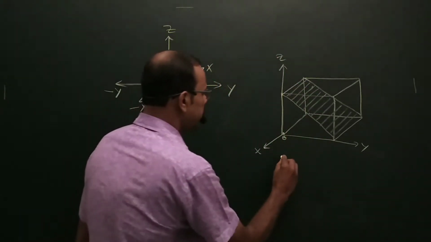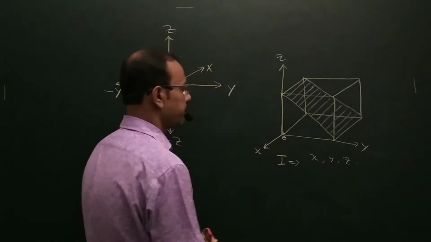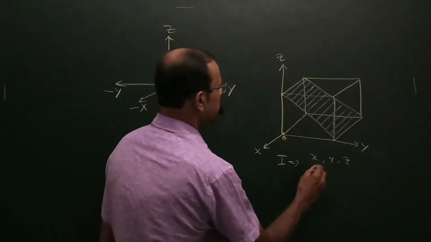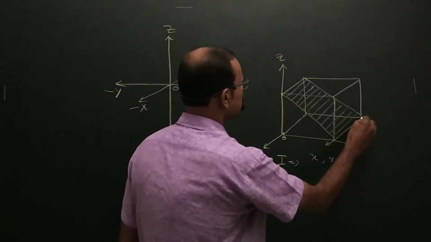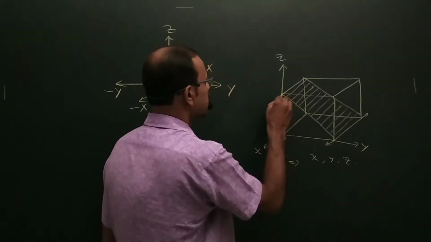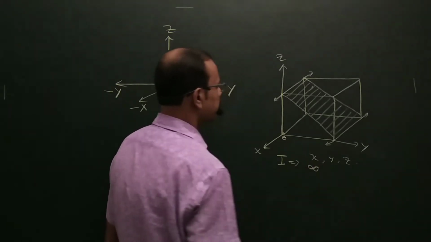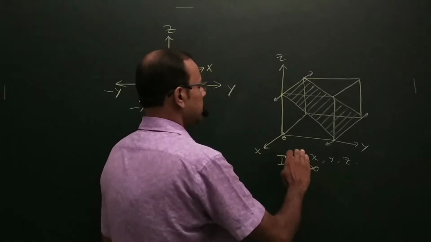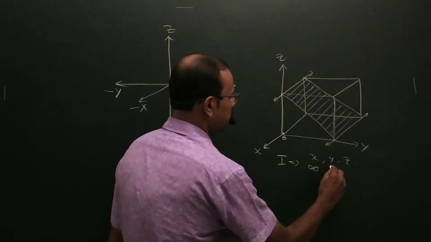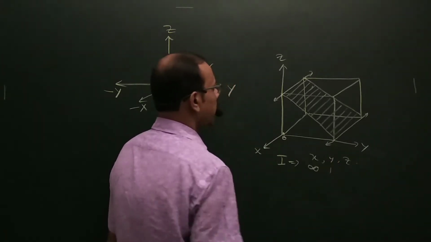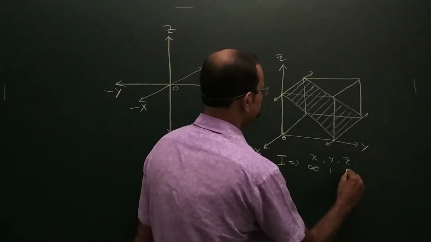So you see, the integers or raised indices along the x, y and z axes of the intercepts: along the x-axis, it is infinity, since the plane is parallel to the x-axis. You see this is parallel to the x-axis. So the intercept on the x-axis is infinity. Now, it intersects the y-axis at unit length. That is, the intercept along the y-axis is 1. And again, it intersects the z-axis at unit distance, so it is also 1.